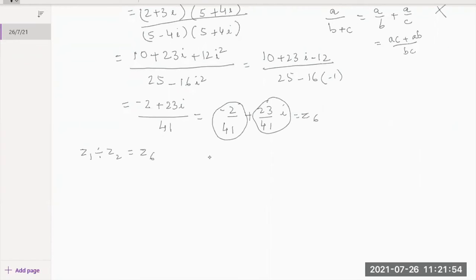Okay. Now, you must remember the standard form, which I've already told you. It has to be always a plus ib. If you leave your answer in the negative numbers over here, then you will get a 0 for your final answer. Keep that in mind.